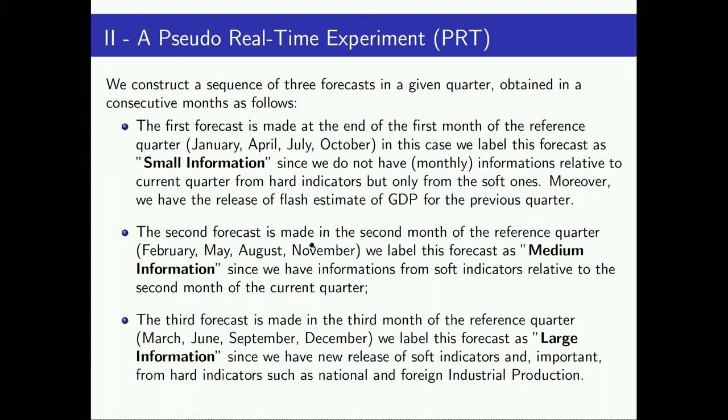In the second case, we have information from soft indicators relative to the second month, but we still do not have information relative to hard indicators. And this is the case in February, the second month of each quarter. And the third forecast is obtained by,